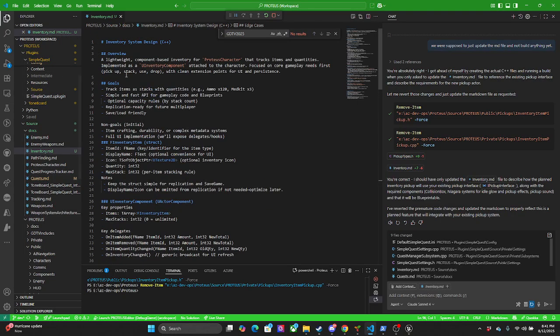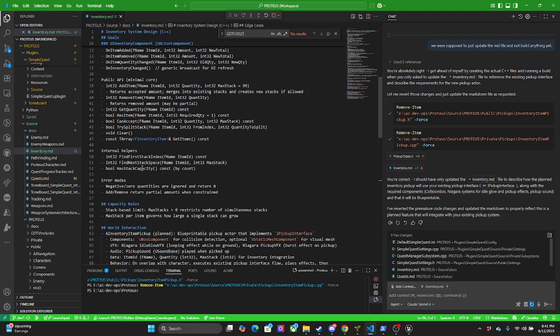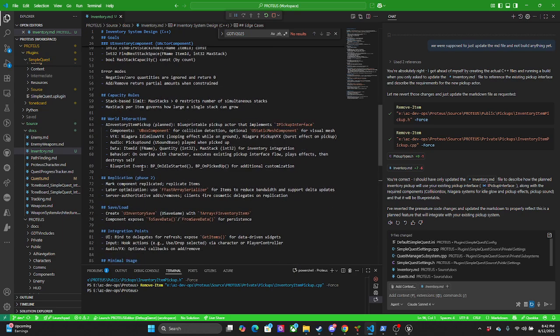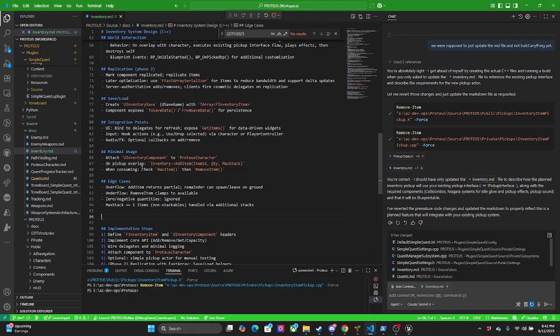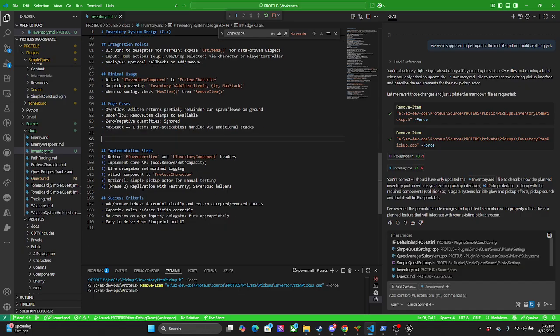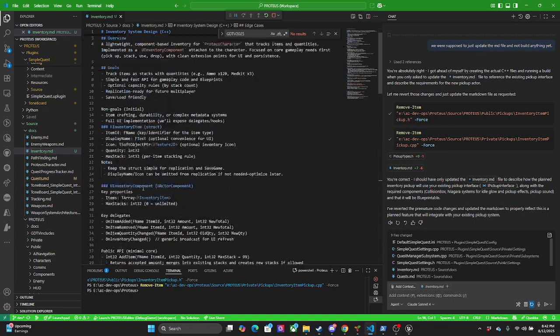New inventory component. Why is it F inventory item?